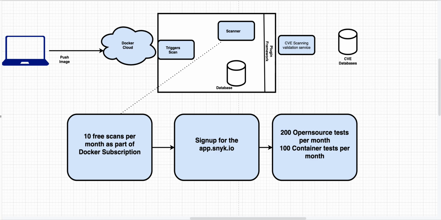You can directly sign up, and then you can link with your version management tool like Bitbucket. Once you sign up and link it up, they can start doing the vulnerability scan of the applications, like the images which you are using for building from your Dockerfile, which is a part of your version management system. Once you sign up on snyk.io, you get 200 open source tests per month for free, and you can also do 100 container tests per month for free.